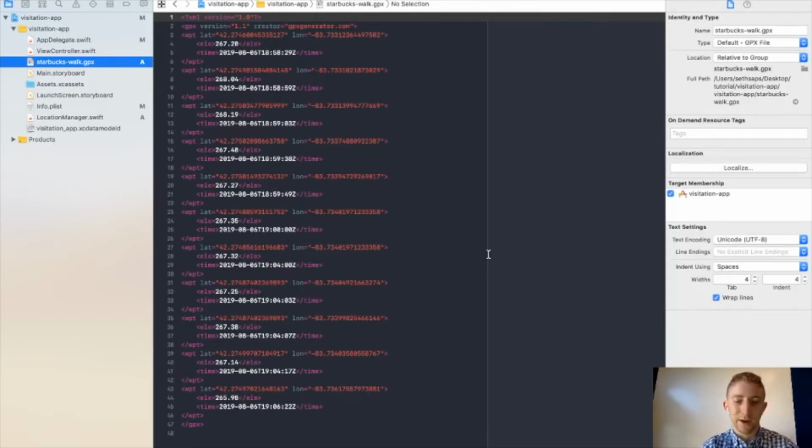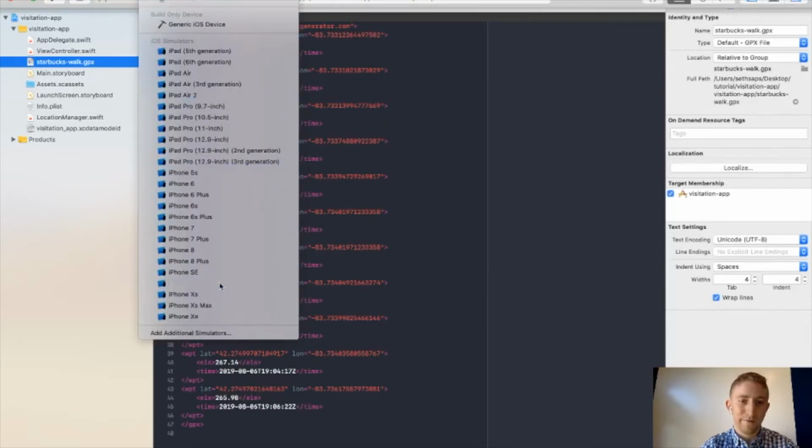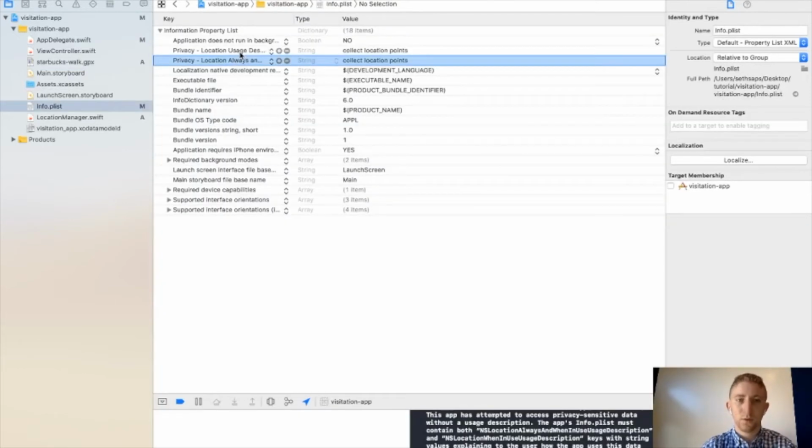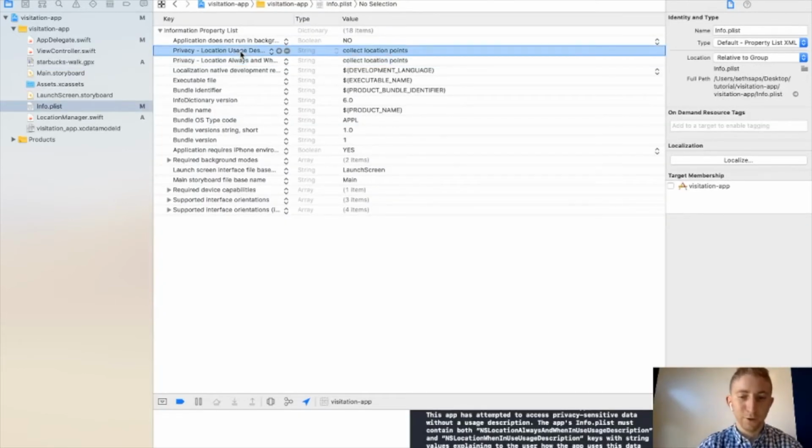And now we're going to go ahead and run our application on an iPhone X. It may take a minute for your simulator to build up, so be patient. All right, so here we got an error when attempting to access privacy-sensitive data without a usage description. So we're going to go ahead back into our info plist, and we're going to change this privacy location usage description to